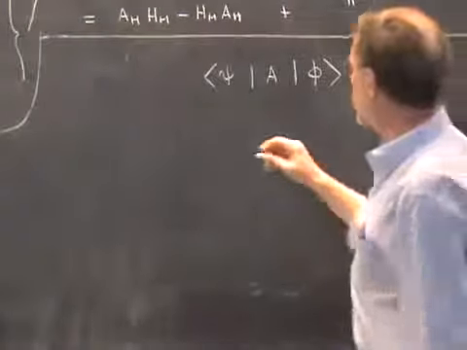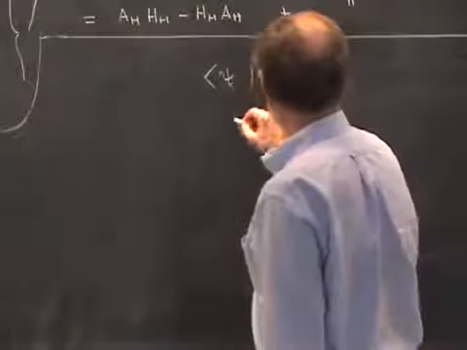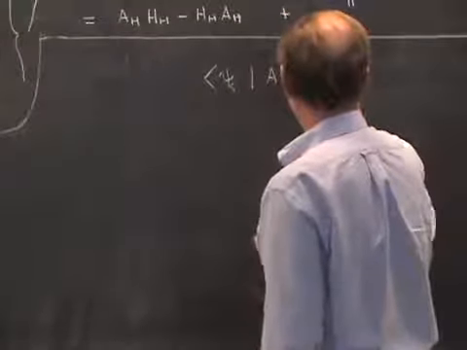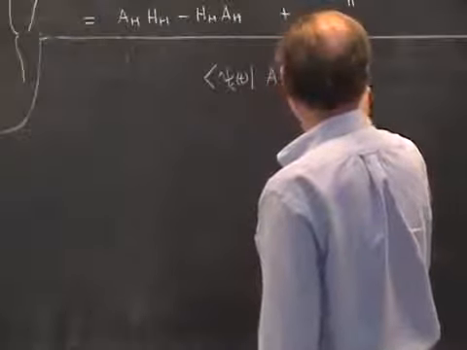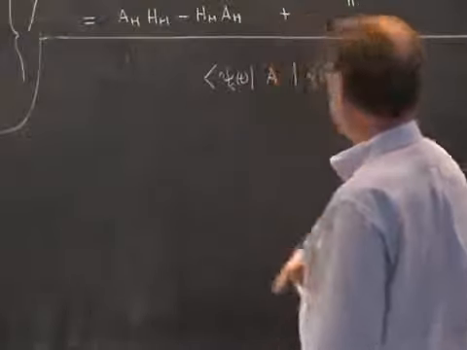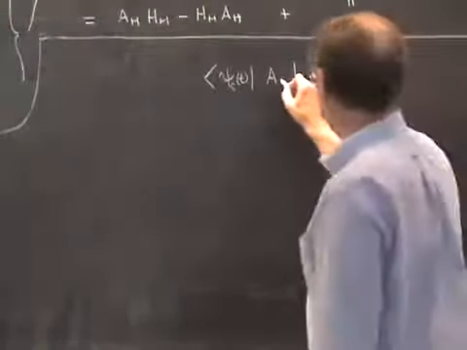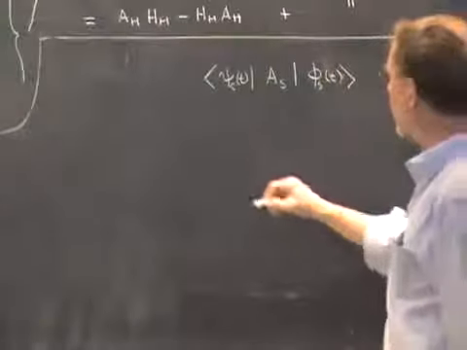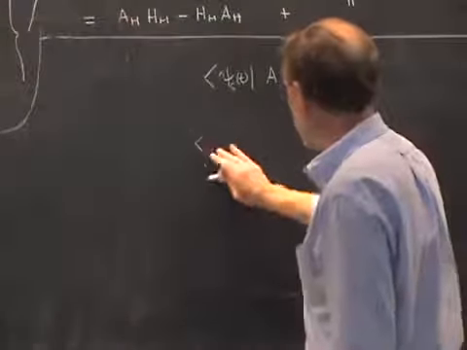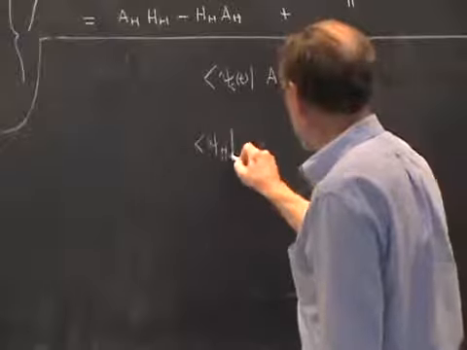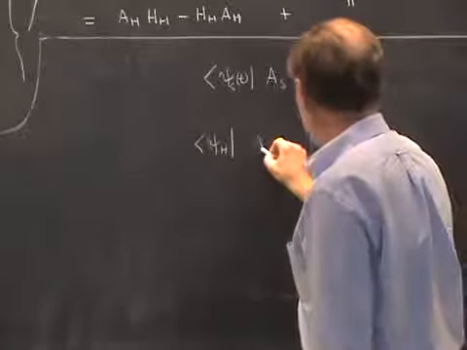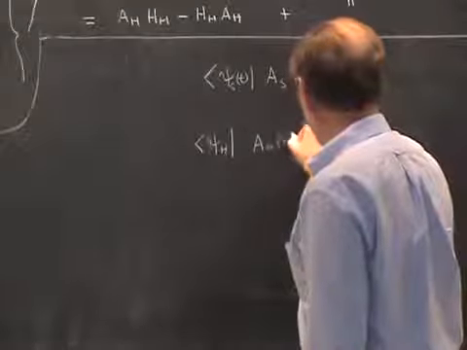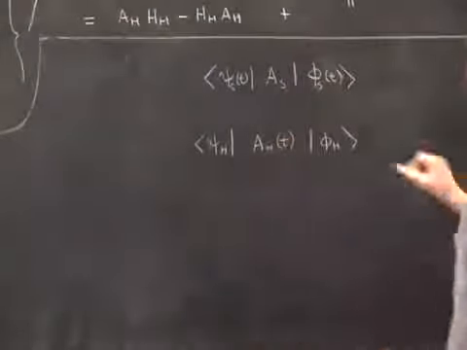Let's look at this first in the Schrödinger picture, in which the Kets are in the Schrödinger picture, and therefore they depend on time. But the A is also in the Schrödinger picture. Well, let's compare it to the Heisenberg picture, in which the Kets don't depend on time, but the A's do. In fact, let's do the Heisenberg picture first.